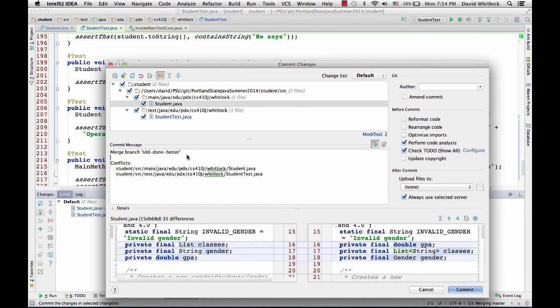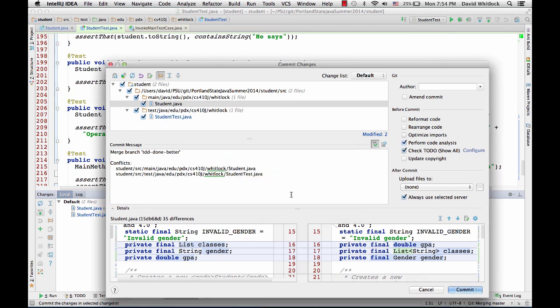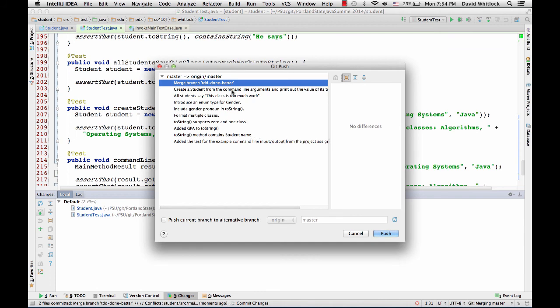Cool, it tells me merge branch tdd-done-better. It even tells me which files were in conflict. That is actually super helpful. Gosh, I think it should say more, but I think this is pretty much it. Merge branch that guy into it. So we're just going to commit and push and see what happens. Let's see. No errors, one warning. Yeah, the same one warning I had before. Commit all these guys